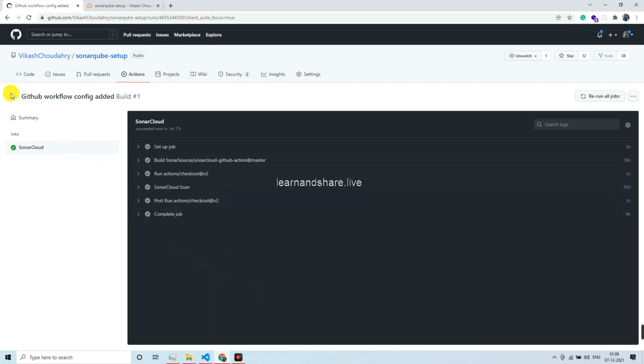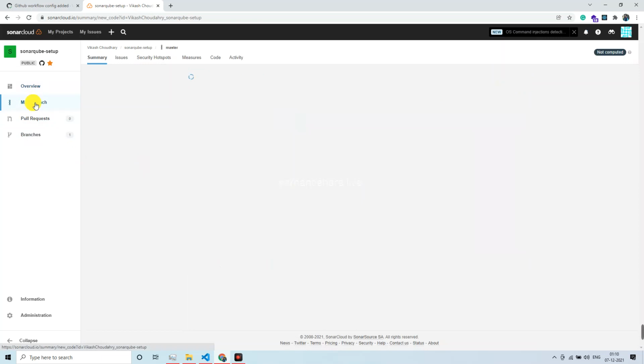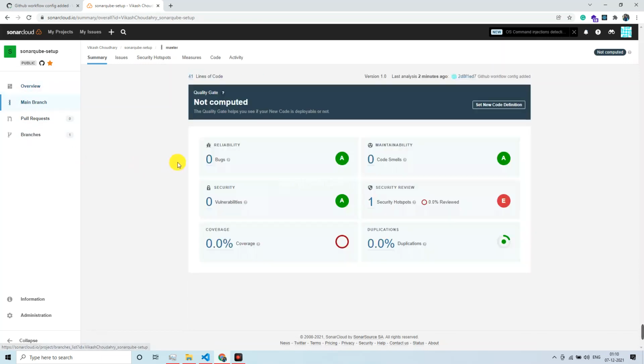Now coming to this, as you can see, it has succeeded. We are seeing the green OK icon, which is good, right? It makes us happy. We can say that yes, we have done all these setups nicely. Now if you come here, all these changes are reflecting. As I was explaining initially, the layout has also changed compared with the earlier tutorial. Now if you go to the main branch, you can see these statistics here, right? Bugs, security hotspots, and everything.